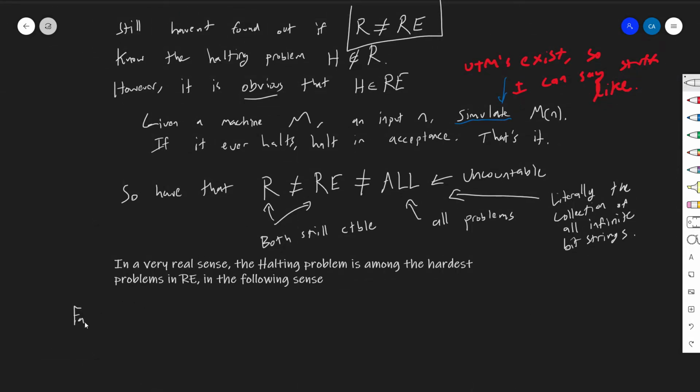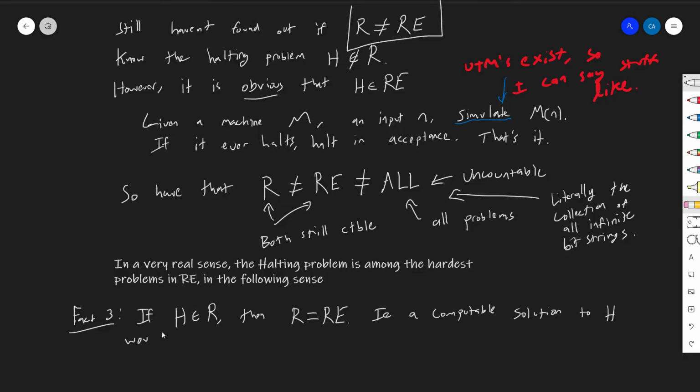So here's a fact. Here's fact number 3, I guess I'll call it. If, and I know this is not the case, but it's going to be worth noting, if H were in R, then R would equal RE. Then the classes would collapse into each other. So if the halting problem is in R, i.e., a computable solution to the halting problem would imply, could be used essentially,